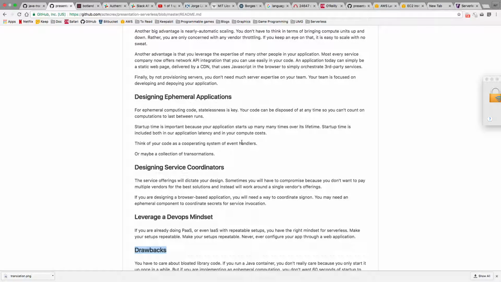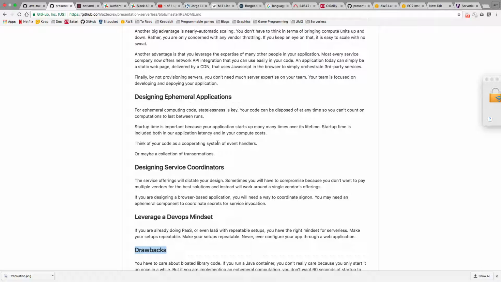I have a question. If your code calls something else, and that takes a very long time to return a result to you, you end up paying the time for the overall transaction. You do, even if you call Amazon itself. So what you need to do is think of your code as cooperating systems of event handlers. That's a better way to do it. If you can design your code such that you make a request and then drop out, and then expect something else to respond to the result, that's the best design, especially if you have long-lived dependencies. So you want to issue a request and handle the result in two separate things if you can.